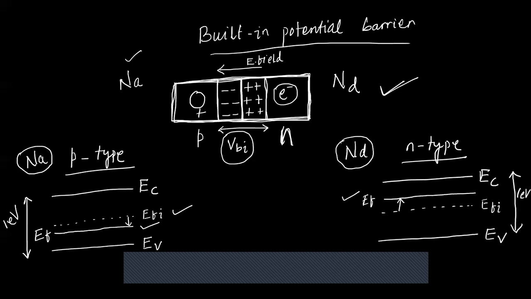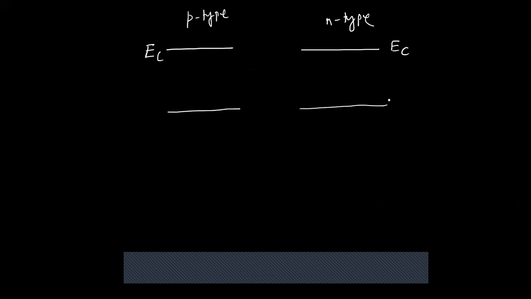So initially when we add these two materials, what will happen? I'm drawing it again. So this is your EC of P type, and this is your EC, the conduction band, for N type. And the same way your valence band, because the gap is exactly the same. So here we have the EV for N type and EV for P type. Now there is a difference between the Fermi energy levels. Here the Fermi energy level is close to the conduction band, and here the Fermi energy level is close to the valence band in P type.